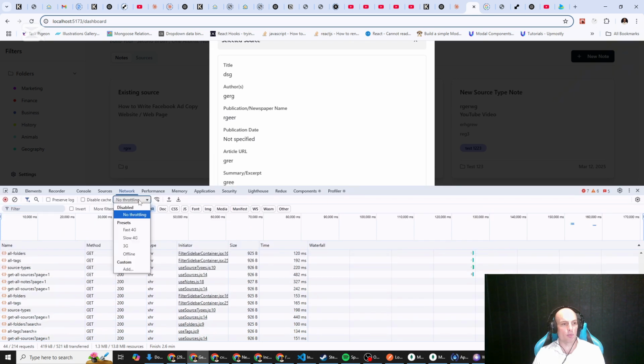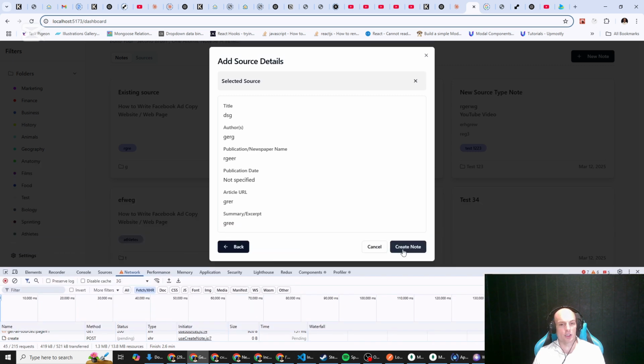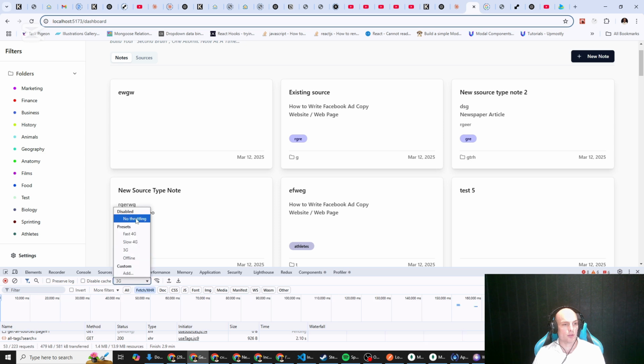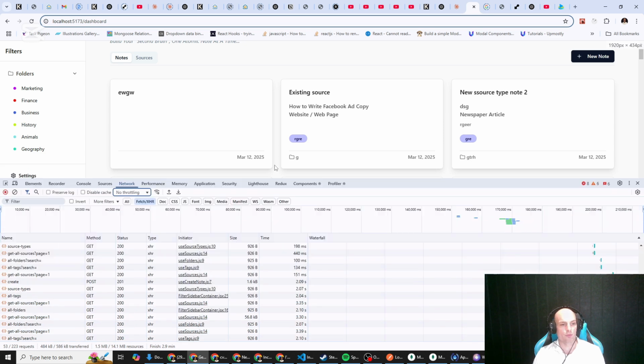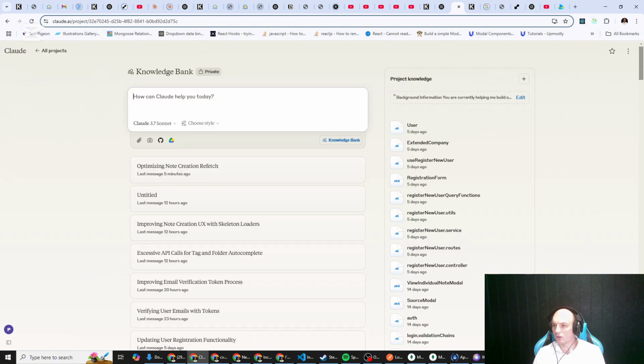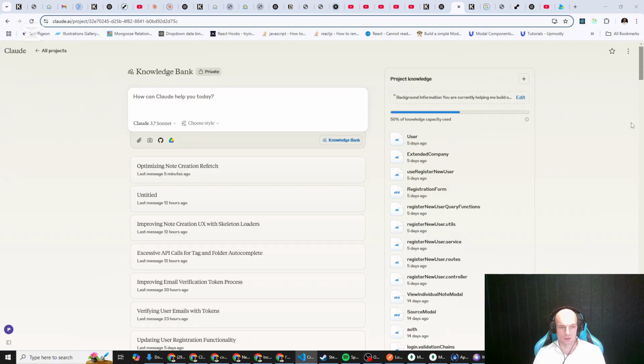That create note button. Let's go 3G. This should change to creating note, and it's not. So while we do that, our create note button